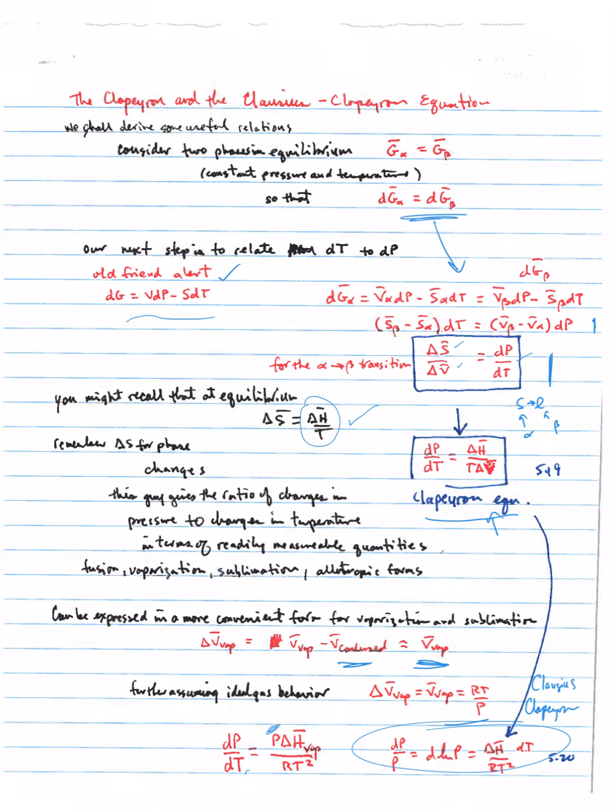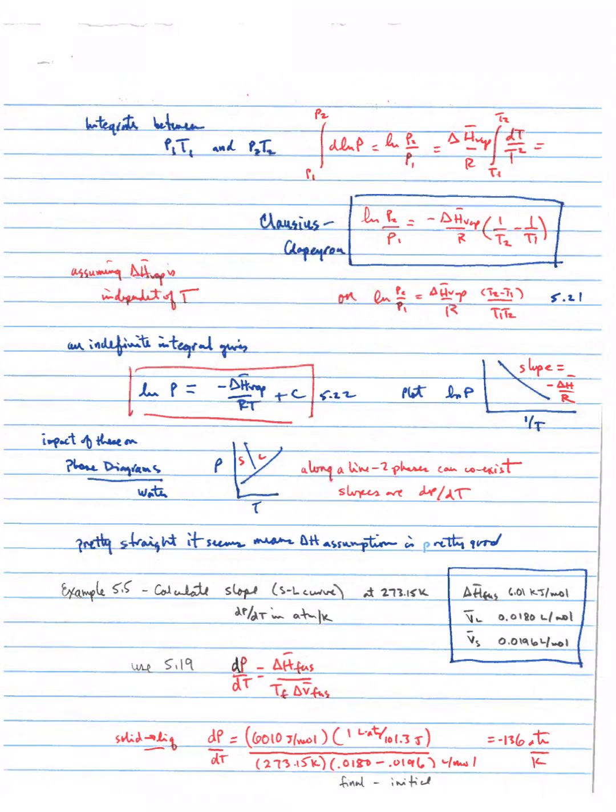And so, let's see, if we want to get rid of the partials, we'll go to the next, and integrate between P1, T1 and P2, T2. So look what we have here. We have the ability to find the delta H of vaporization simply by plotting